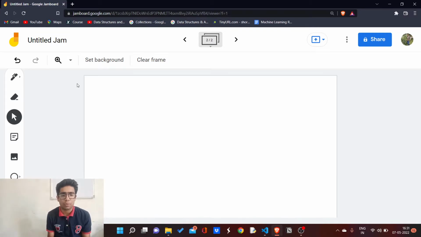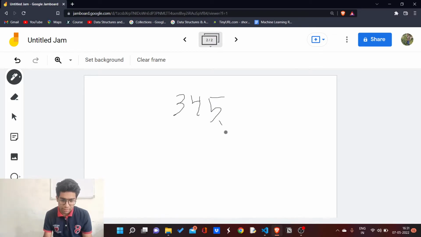Now I am going to show how to convert this number back to the decimal number system. Now you have noticed that we write a number like 3 4 5. In this number, this is the ones place, this is the tens place, and this is the hundreds place. It means 10 to the power 0, which is equal to 1. It is 10 to the power 1, which is equal to 10.